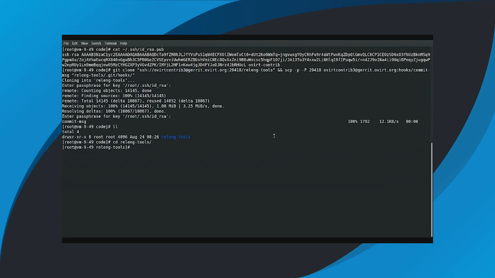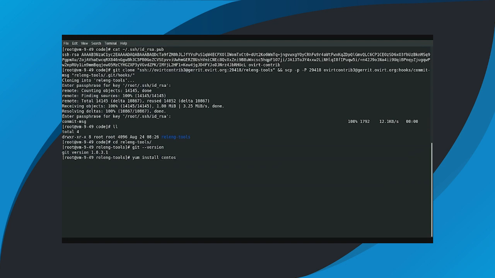Now, there is a small issue here, because the computer that I'm using uses CentOS 7, which has a version of Git of 1.8, as we can see here. And in order to contribute the code and run specifically the hook, we need at least Git version 2. So what we're going to do now is simply install software collections, which is quite easy. All we need to do is to run yum install